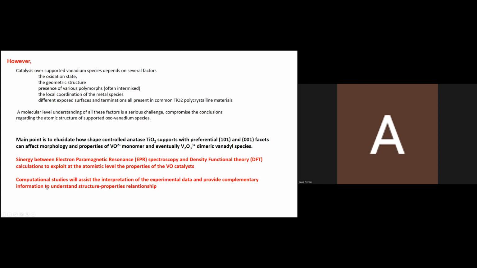Computational studies are very important because they help the understanding of experimental data and provide complementary information. And together they promote a deeper understanding of the relationship between structure and properties of these very important